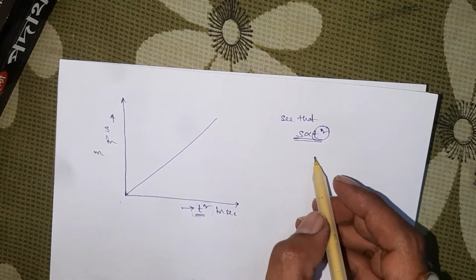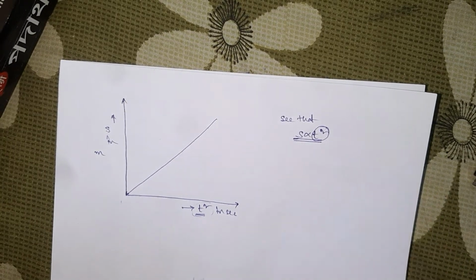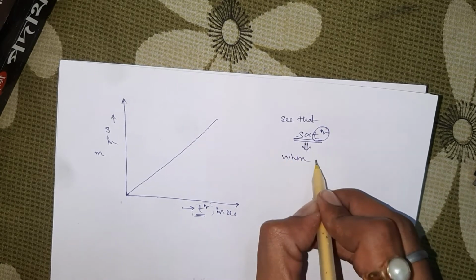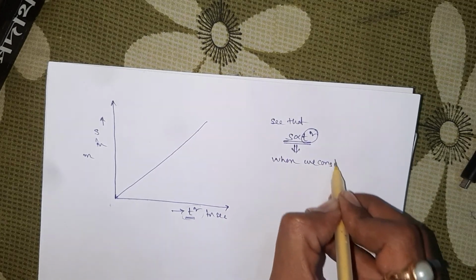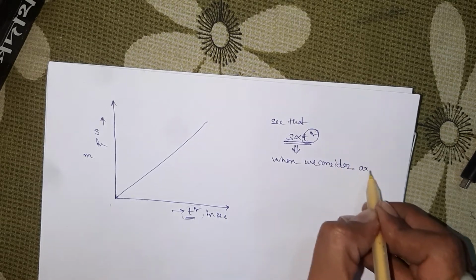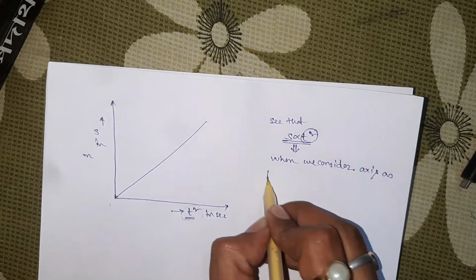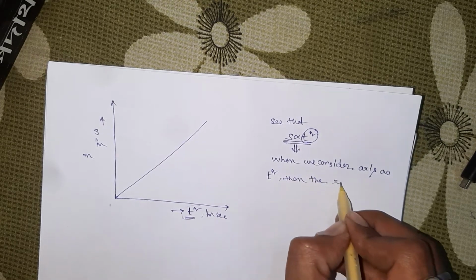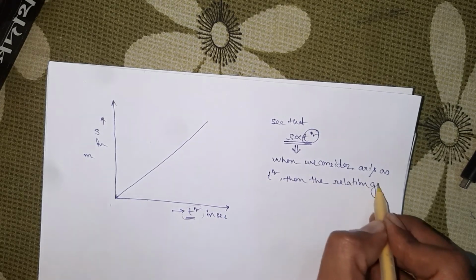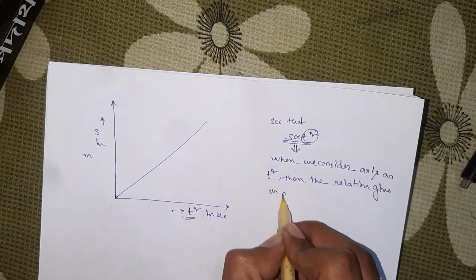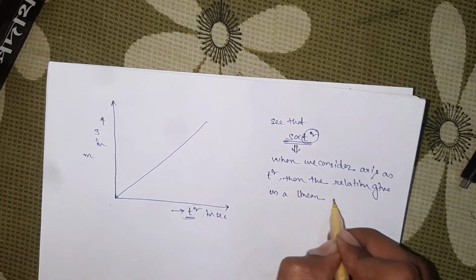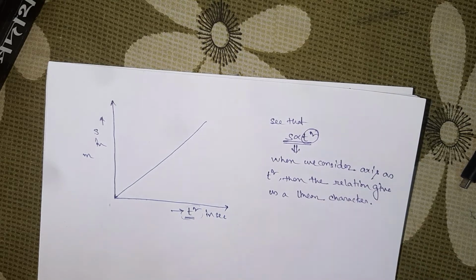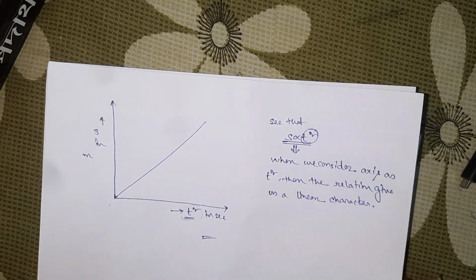So this relation gives us a linear character. Okay, now the part 2b is end, and